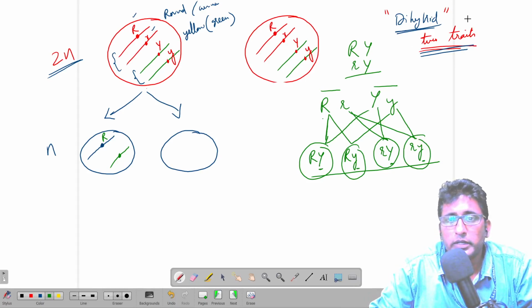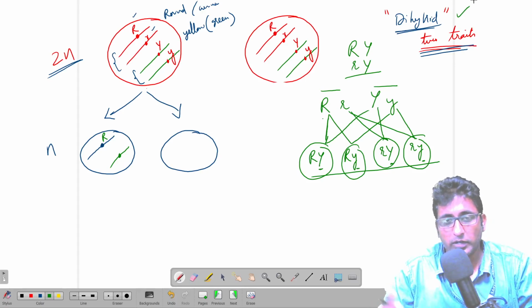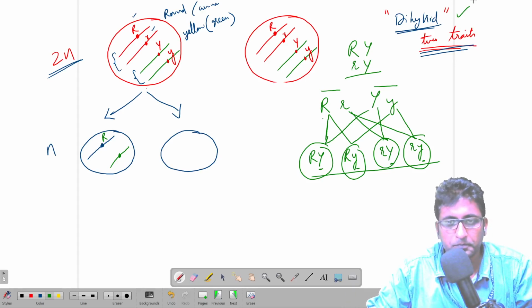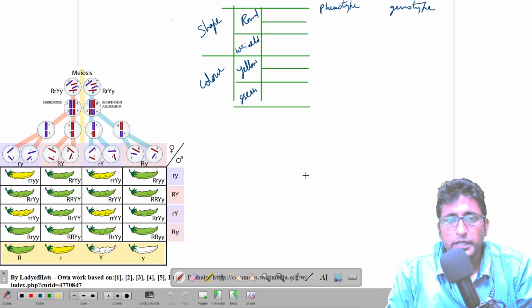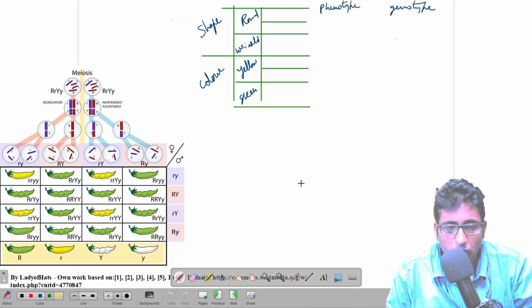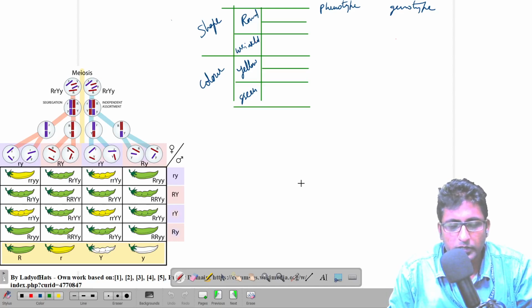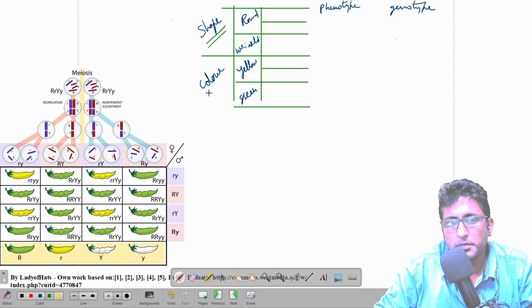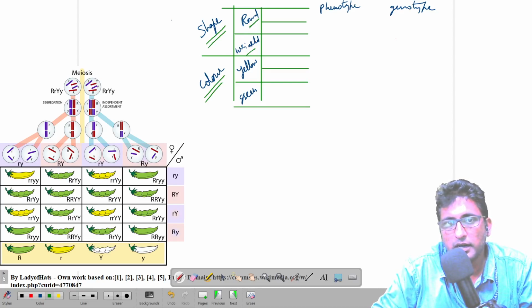By going through a dihybrid cross and drawing up a Punnett square, we can actually understand it much better. Before going there, we also want to have a discussion about a little bit of combinations that are possible, in terms of shape and in terms of color. Phenotypically we have round and wrinkled. Round could be